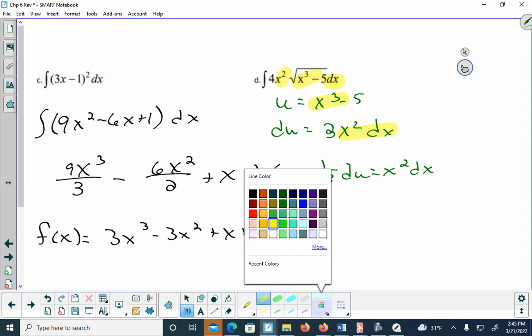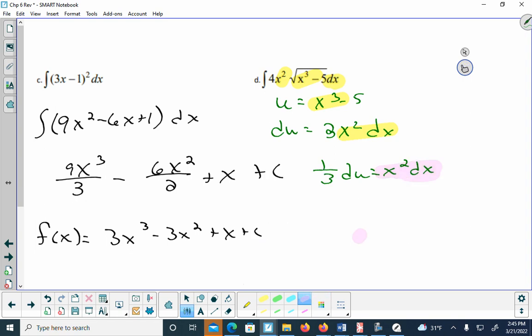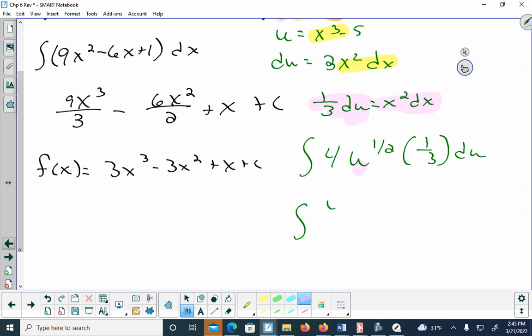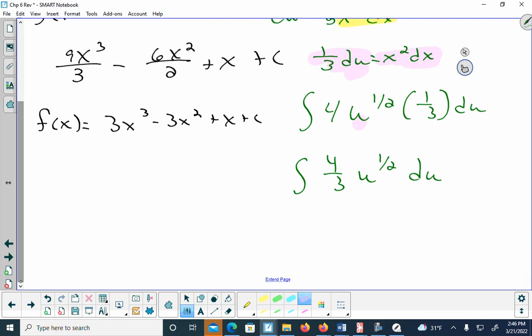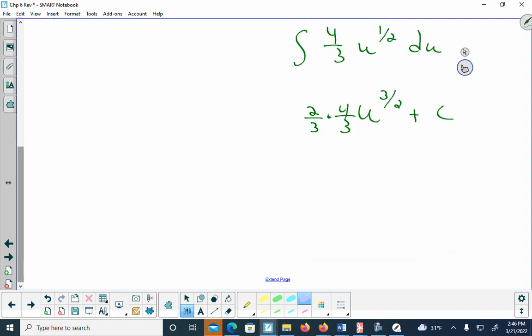So I'm going to rewrite. x squared dx is 1/3 du. So I'm leaving u to the 1/2 over it, and then we have 1/3 du. I'm going to multiply 4 and 1/3 together, so we have 4/3 du. Now I'm going to take the antiderivative. So when I do that, I'm going to add 1 to the 1/2, getting 3/2, multiply by the reciprocal, plus c. So I'm going to multiply and have 8 times